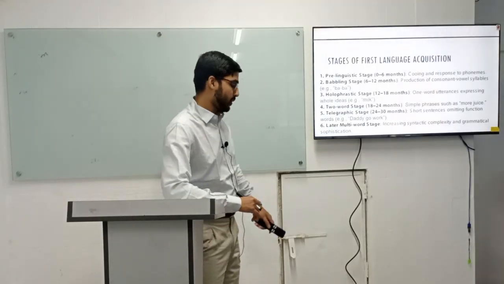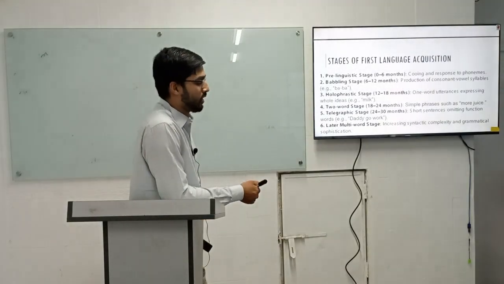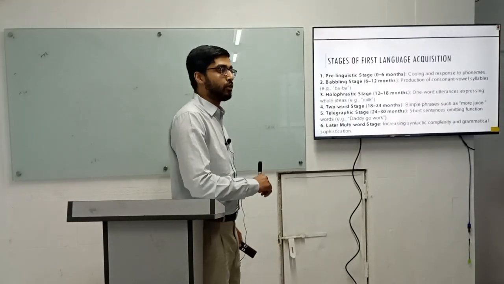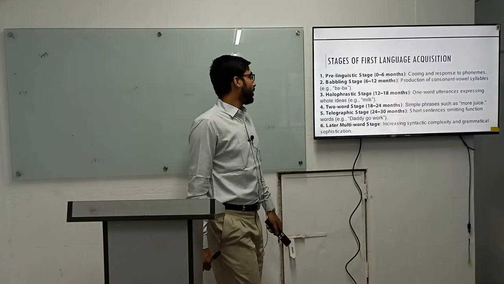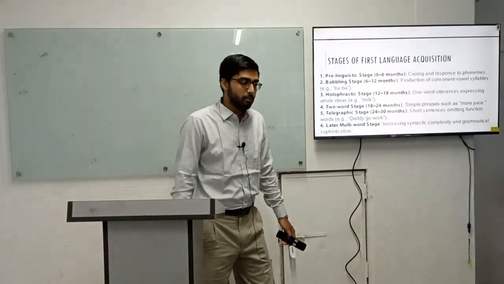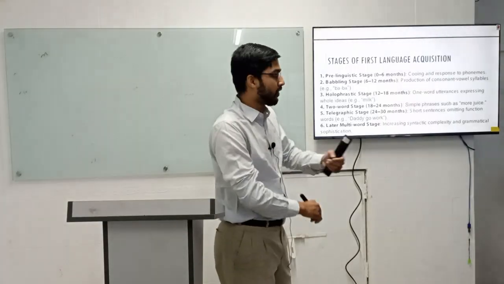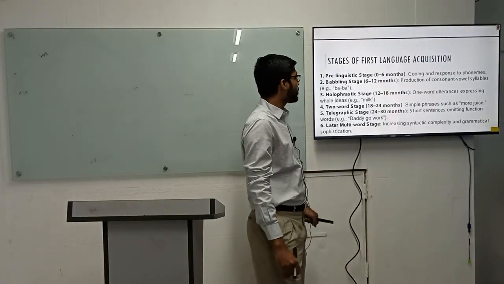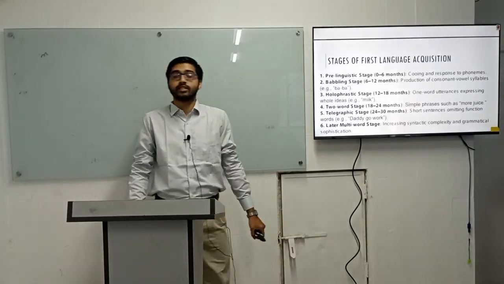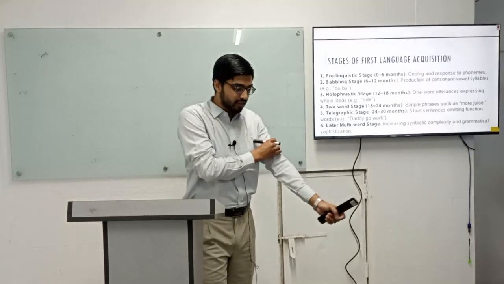While writing, let me explain it to you. Well, it's quite self-explanatory, and I believe many of you know it beforehand. So, pre-linguistic age, that means 0 to 6 months for a newborn baby. For a newborn baby, cooing and responses to phonemes. Phonemes mean sounds, the smallest unit of the sound segment. Exactly, you guys know that.